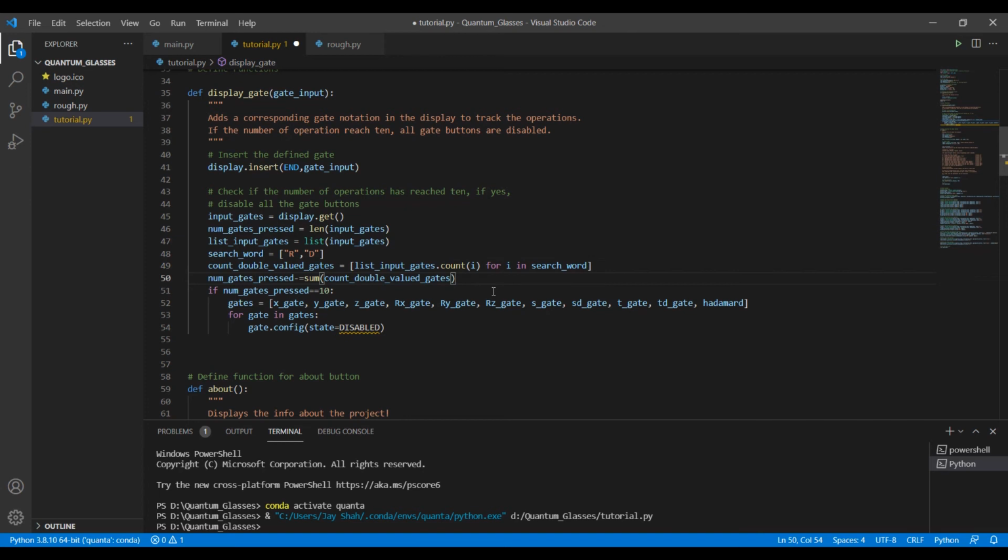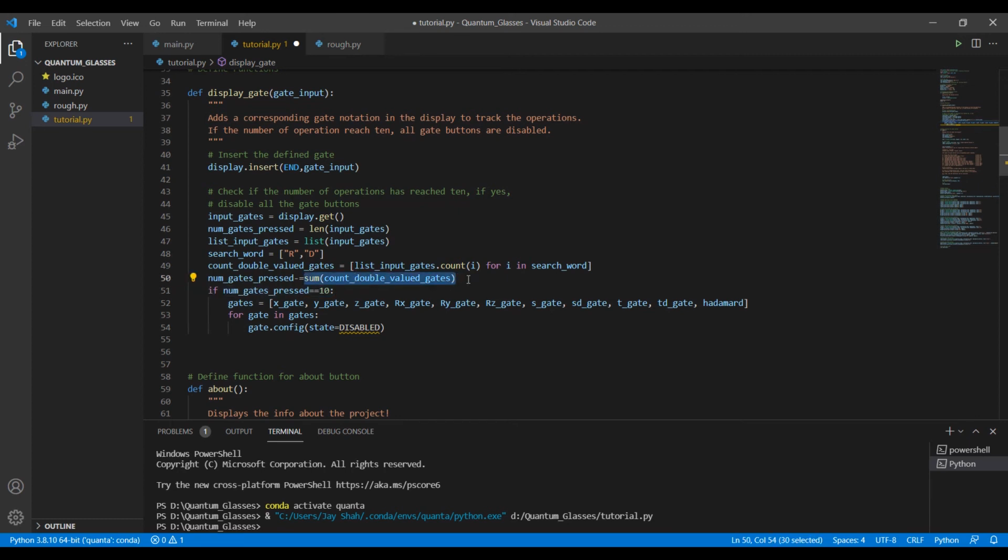Now this count double valued gates is a list that contains the counts of these gates: RX, RY, RZ, SD and TD, because these gates, though they are pressed once, actually have two characters that display them, right? Now we take the sum of count double valued gates.